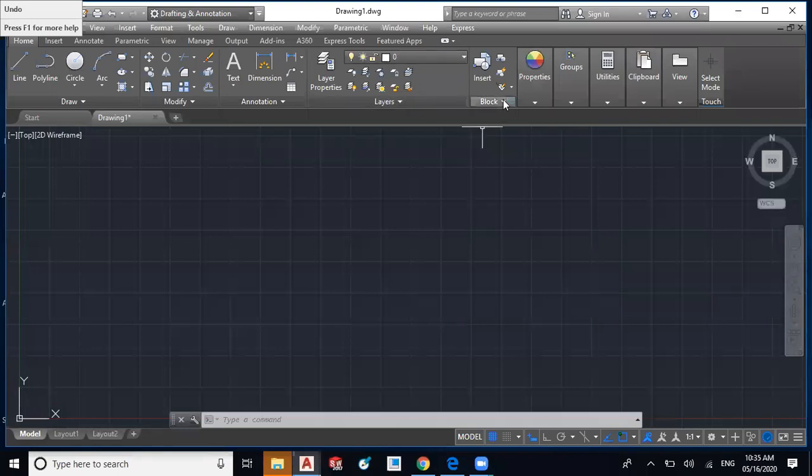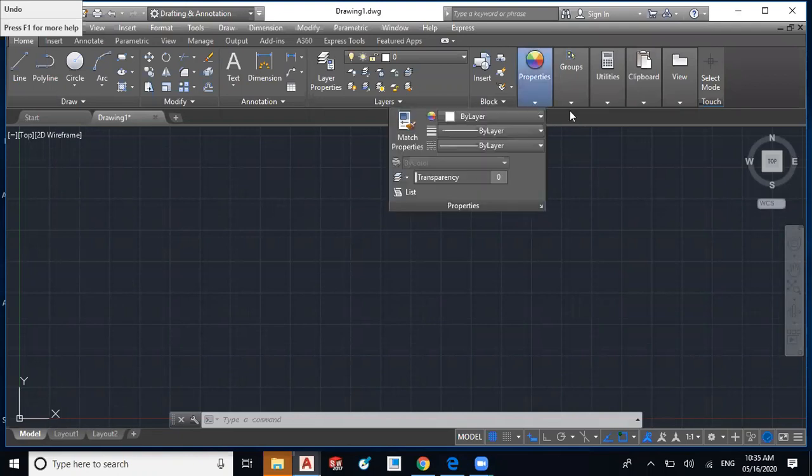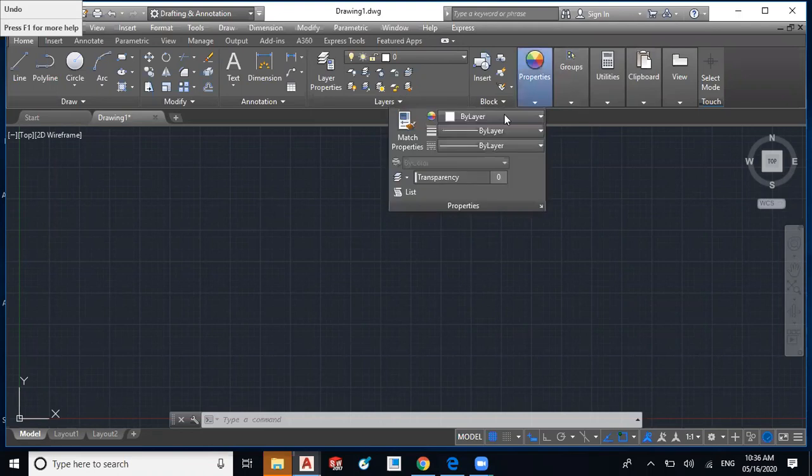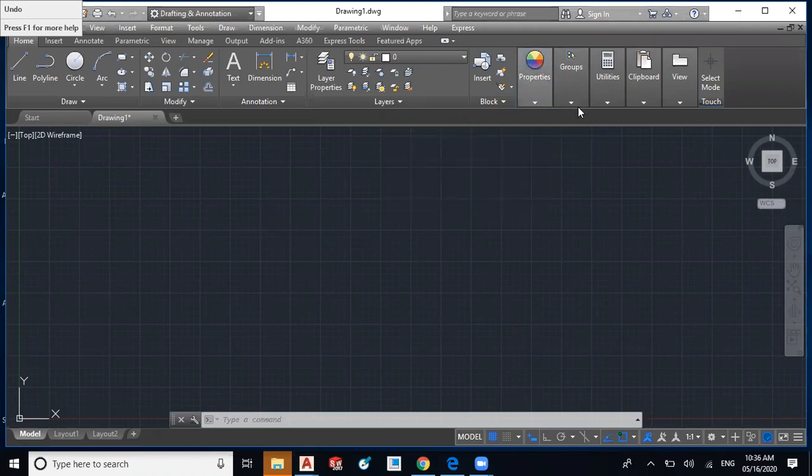Then this block, we can create our block or template file, and we can call this block in any drawing. Okay, then we have properties. We have to set the properties for the layers. Then there are some grouping settings to group the drawings. Then utilities are there to measure.